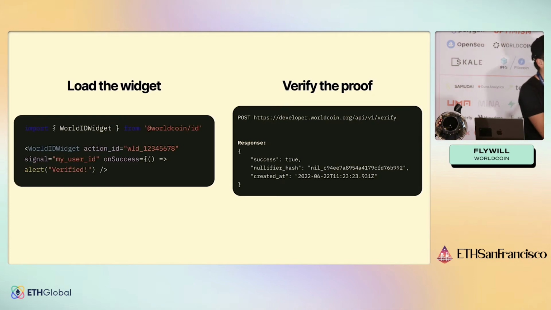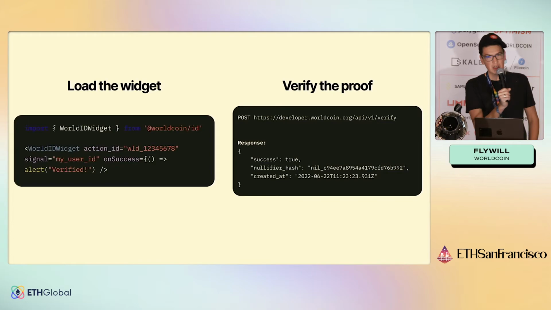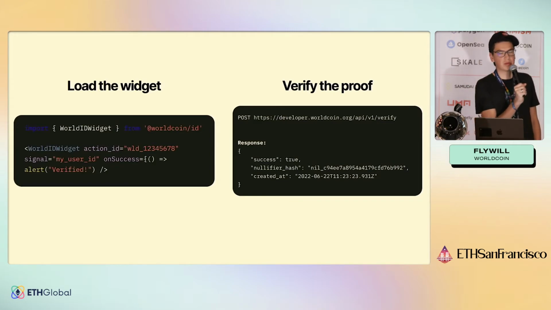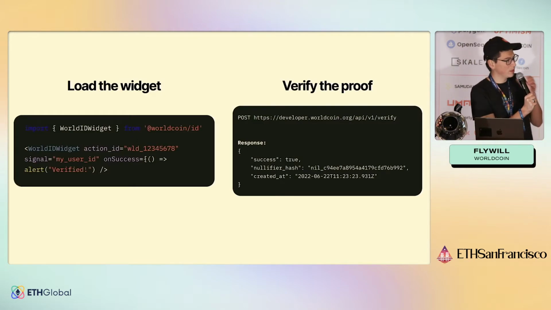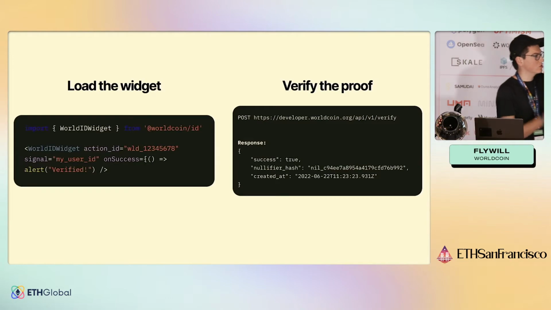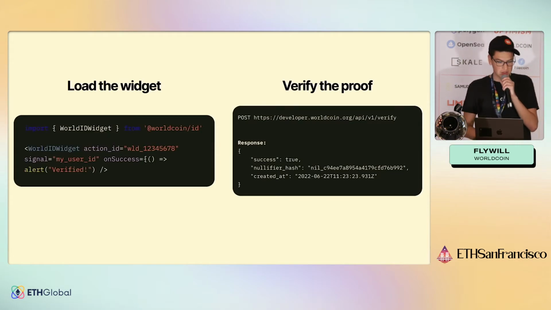So not all applications require this signal. It depends on your use case, and it can be any arbitrary string. The protection it's giving you is that it hasn't been changed. It's basically an authentication by the user who's generating the zero knowledge proof. And then once you receive this proof along with the nullifier hash, you can easily verify it by just calling our API, a very simple post request, or calling our smart contract.